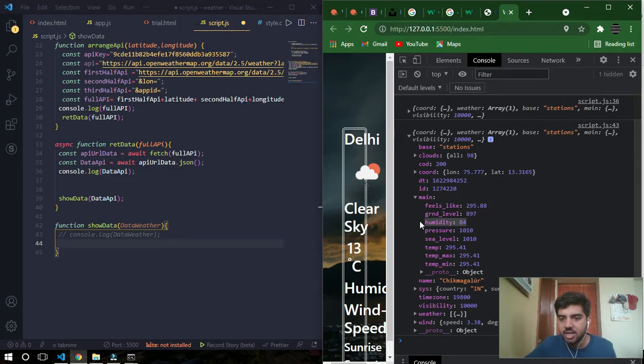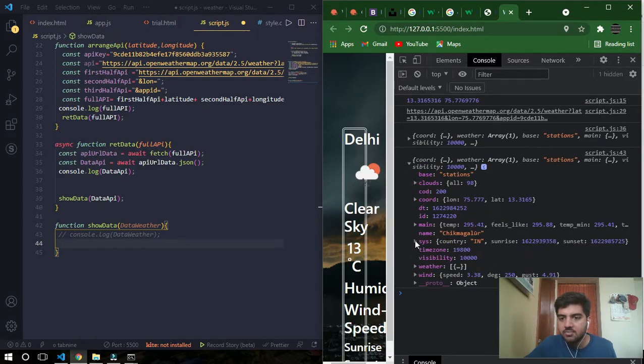Then our name doesn't reside inside any object, it is inside the object of coords. Now I can just access name by giving data weather dot name.